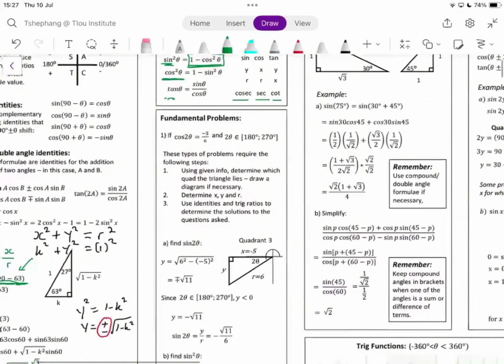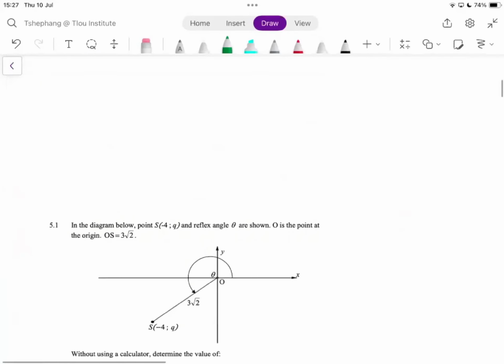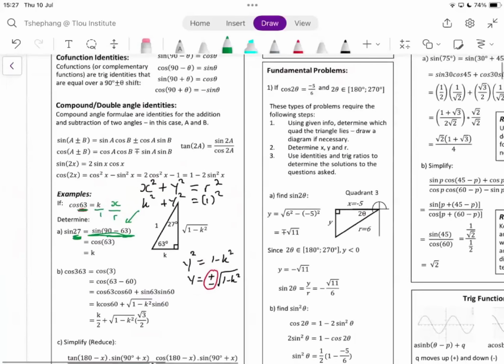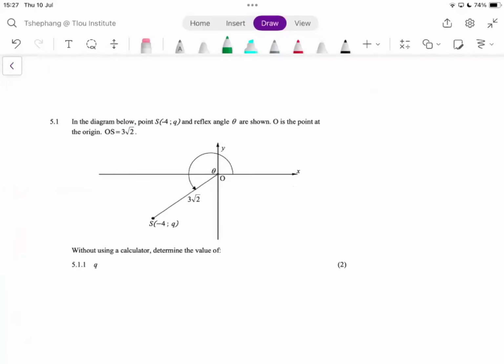Perfect. Now, I want us to move on to some problems and then we'll come back to the summary notes. Because I'm seeing that the next thing that I wanted us to talk about were the quadrant-based problems. And a lot of students struggle with these. It'll make more sense when we actually tackle a problem.